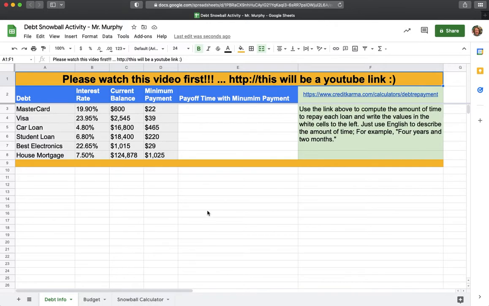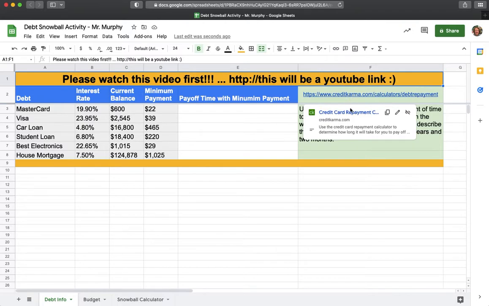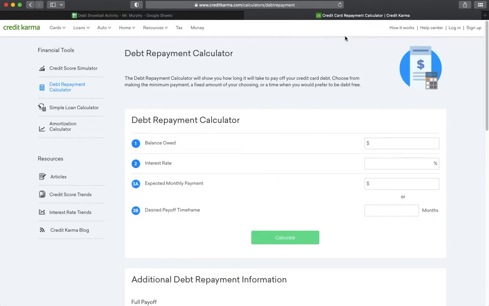But what we'd like to do first, before we try the debt snowball calculator, is find out how long it'll take to pay off each of these debts with only paying the minimum payment. No snowball involved. There are several websites out there that will allow you to do it, but I just picked one that happened to be from a place called Credit Karma. We're going to open up the link. It'll open up in a new tab, and this is a debt repayment calculator